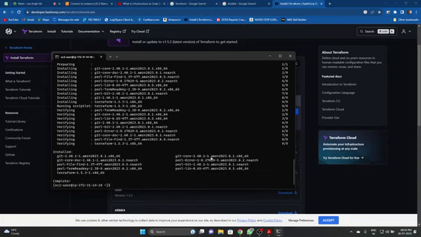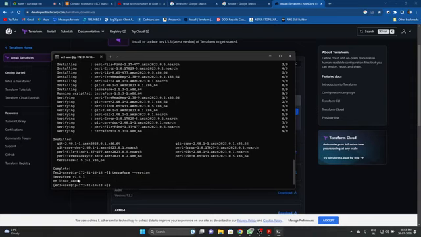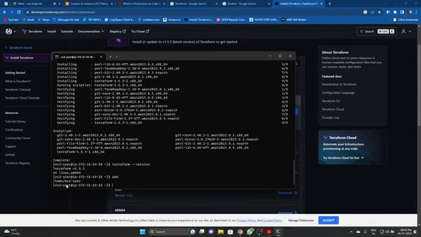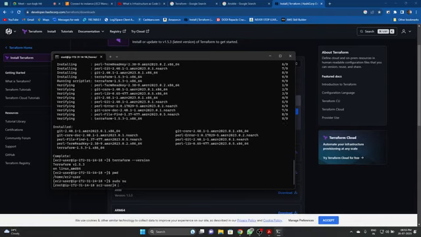Okay, so Terraform is installed. We can check with terraform -version. It is showing Terraform version 1.5.3 is installed on this Linux AMD64. Okay, check the directory, /home/ec2-user. I'll run sudo su, then mkdir terraform